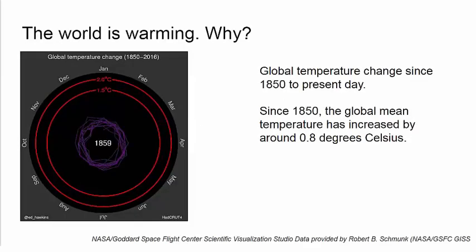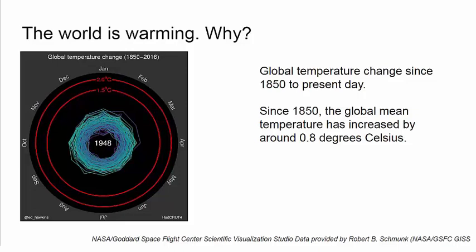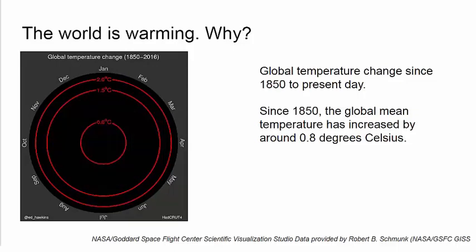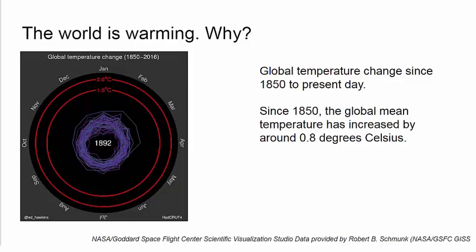Great. So this is a cool animation developed by scientists at NASA. This is going back to 1850 and looking at the temperature change since 1850. And as it goes around in this circle, it'll repeat. It's showing the months around the circle, and then showing the temperature change since 1850. And yeah, you can see it's going out, and the color code is purple is relatively colder and yellow is warmer. So you can see as it progresses, there's two important things to note.